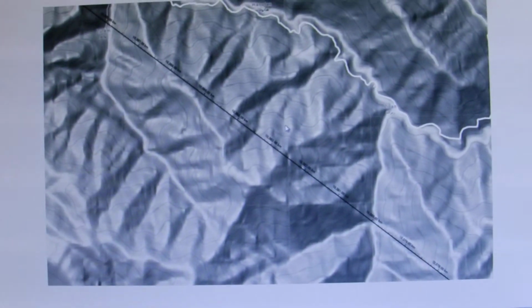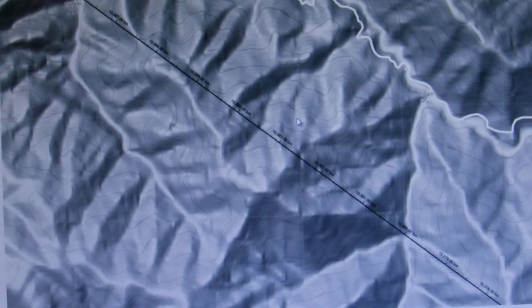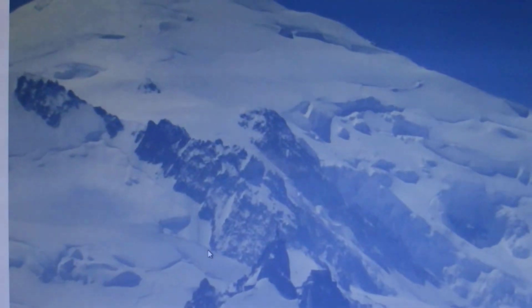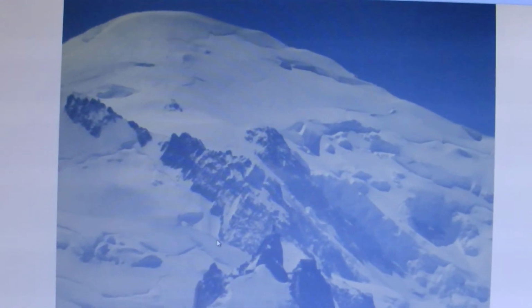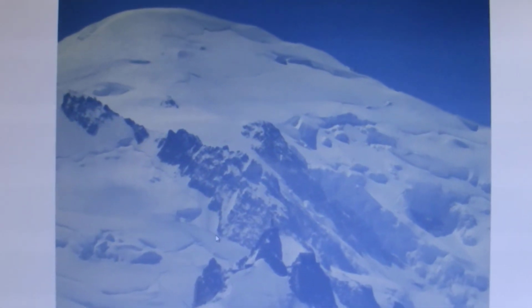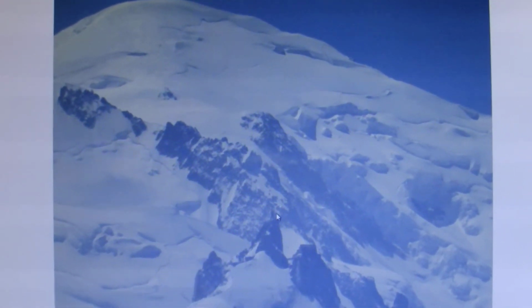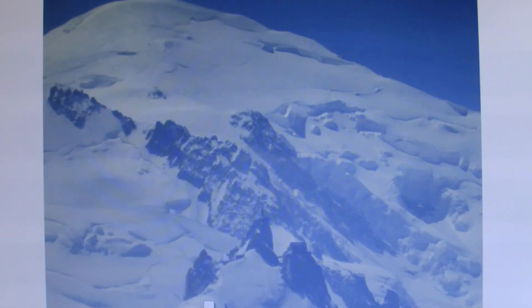Of course, this brings up the interesting question. If that thing is so much bigger and so much wider than Le Tour Eiffel, why couldn't he see that? Or, even better, why couldn't he see this big bugger? I mean, that's pretty huge. That's Mont Blanc. And this scary looking thing here, Aiguille du Midi. Yeah, that's actually a building on top of it. It's split in two. There is a bridge across the gap in the middle.